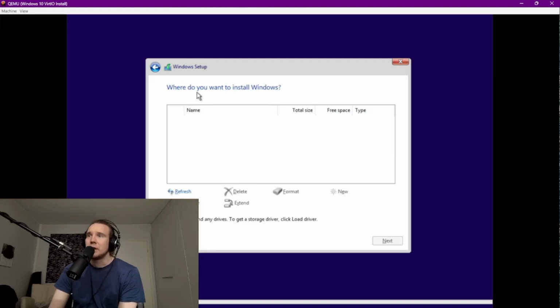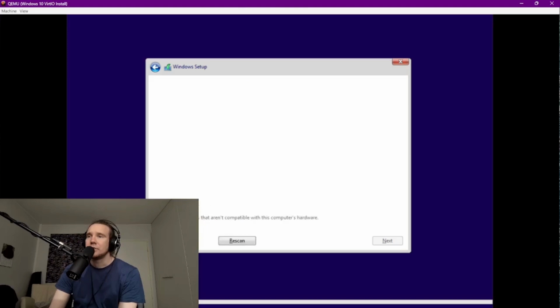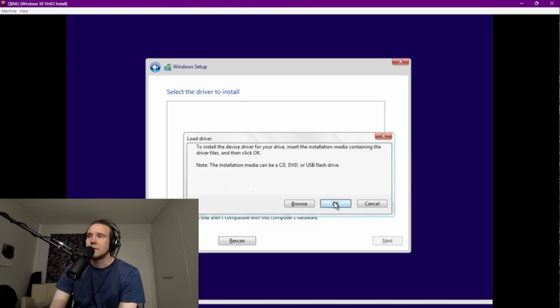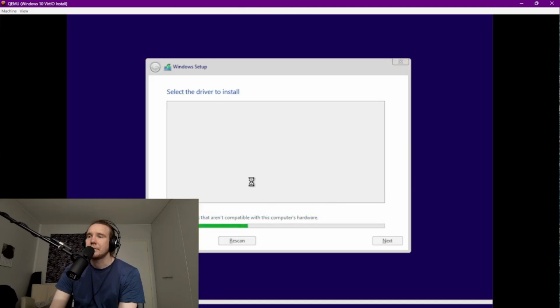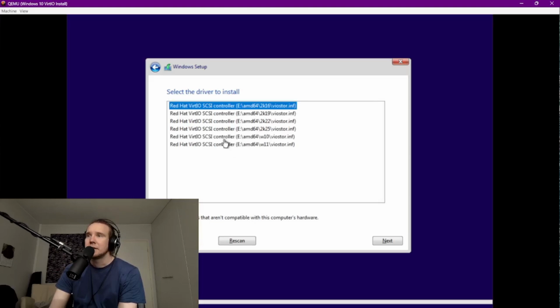So now, where do you want to install Windows? It doesn't show you anything. To get a storage driver, click load driver. Load driver. Okay. Now we're getting the virtio. So in my case, it's this